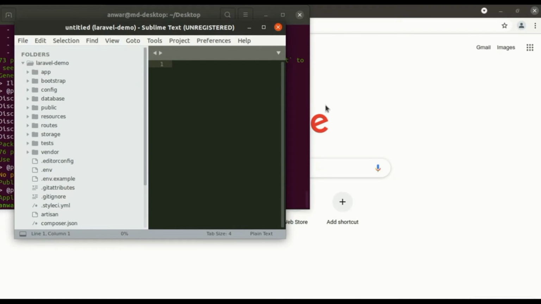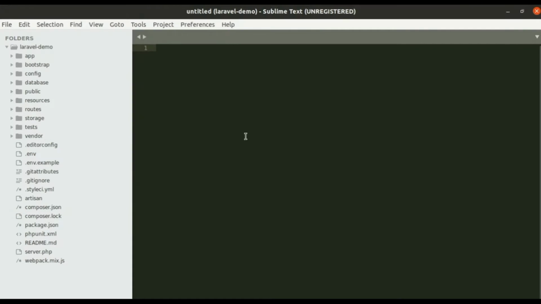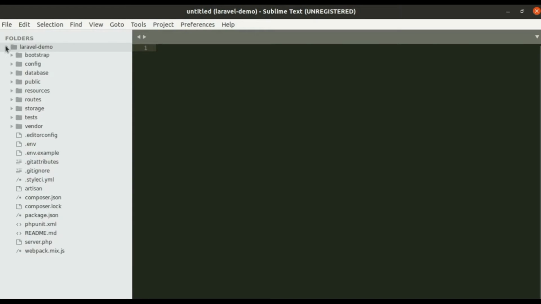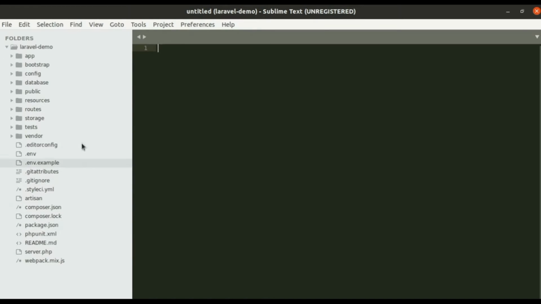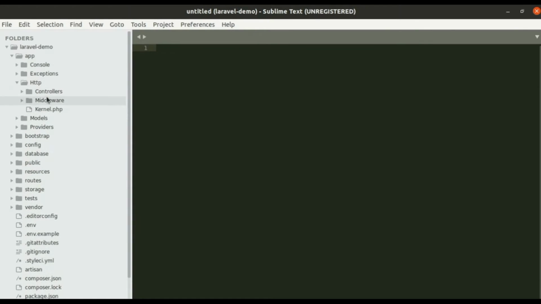Now go to the folder and open the project in your editor. Here we see the MVC structure of Laravel.